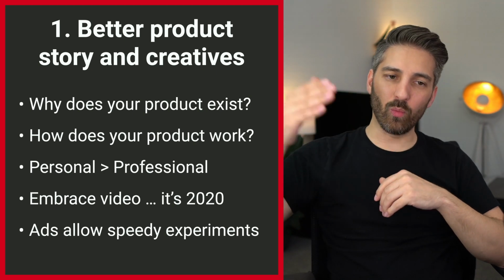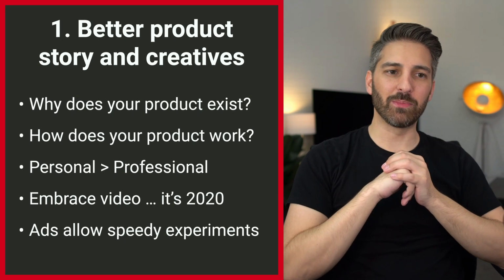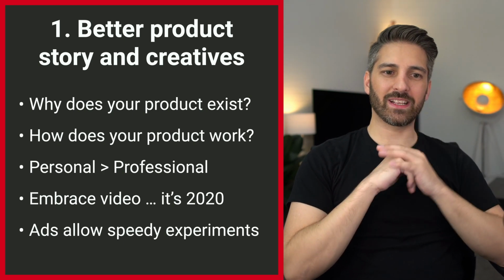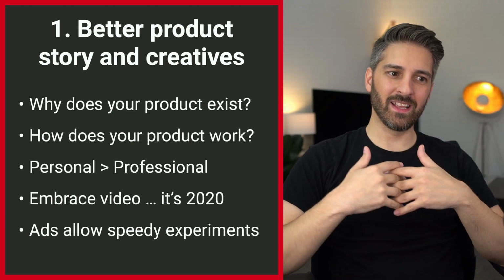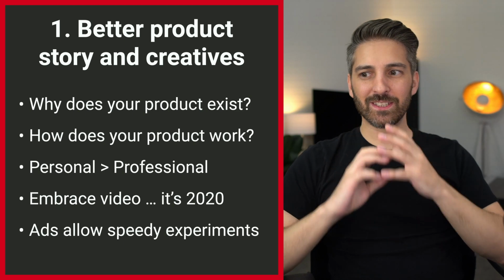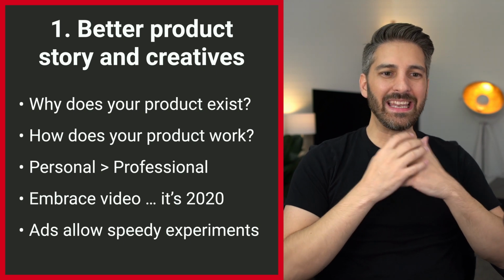So why? What kind of ingredients? How do you apply it? How does it work? It's an endless way to create content about your product. And then, in my opinion, when I observe those super slick product ads, they just don't work as good as the founder or a person who is sharing their experience with the product. Being personal and authentic works so much better today than being this completely over-polished Nivea production that nobody can relate